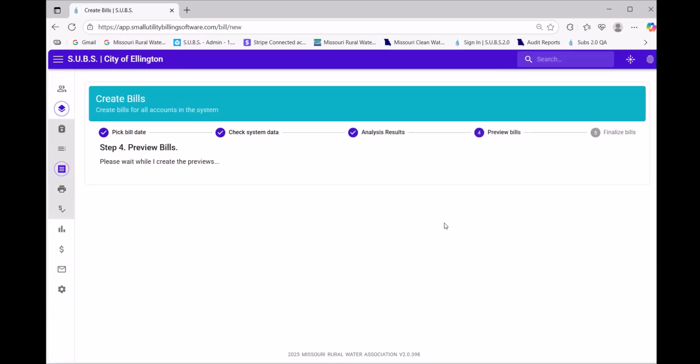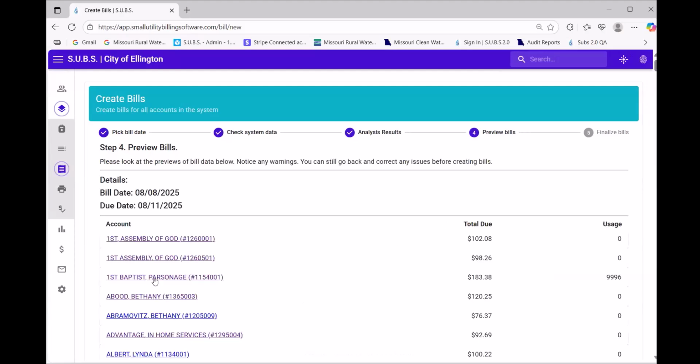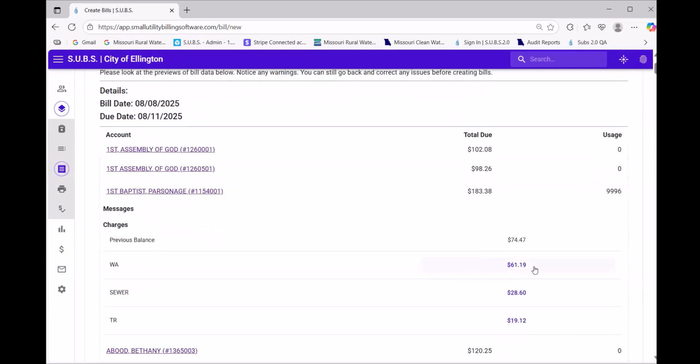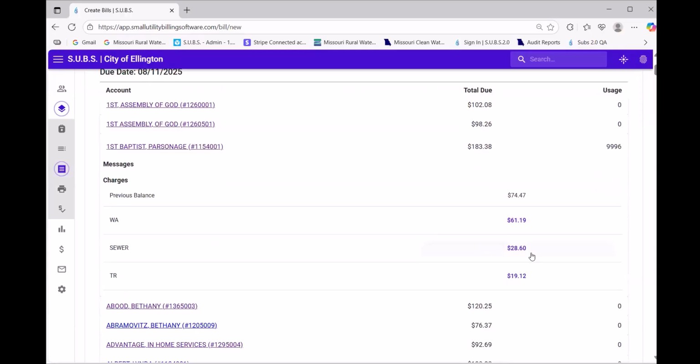Once I get here, there's no errors detected. Again, give it just a little bit of time to get all of its stuff put out here for you, because it is putting a lot of information in order to create the populated amounts for those bills. Okay, so as you can see, because we changed that reading on First Baptist Church Parsonage, now their usage is 9,996 gallons of water. So now their previous balance is 74.47, their water charge 61.19, sewer 28.60, trash $19.12, which makes the total amount due